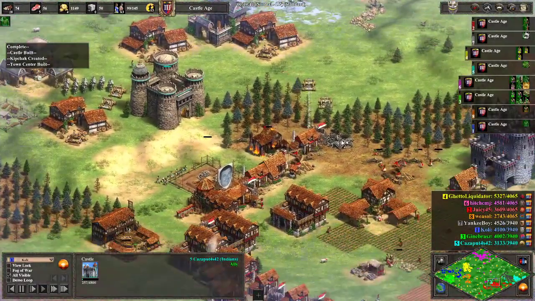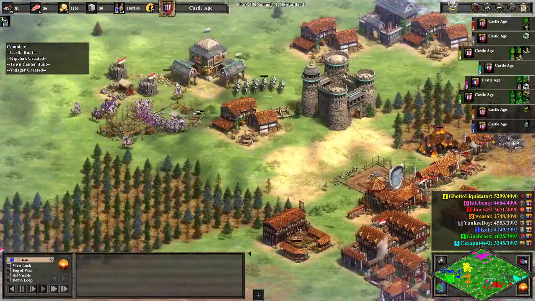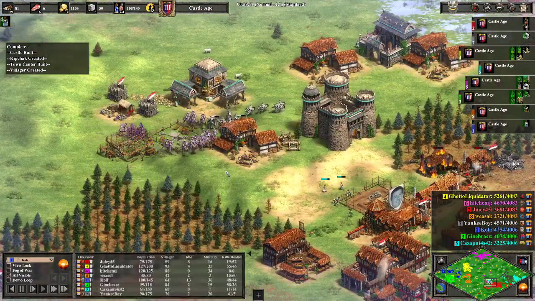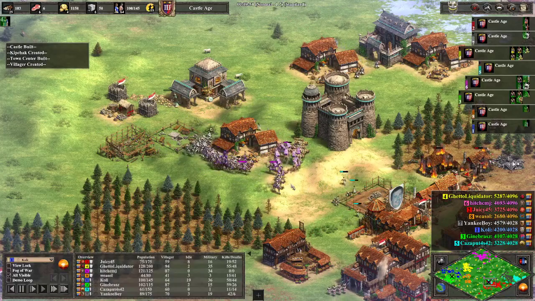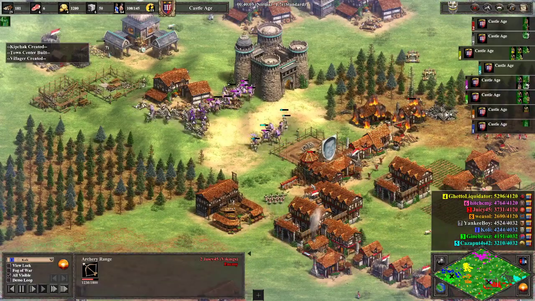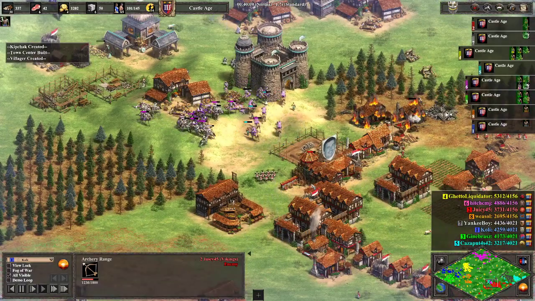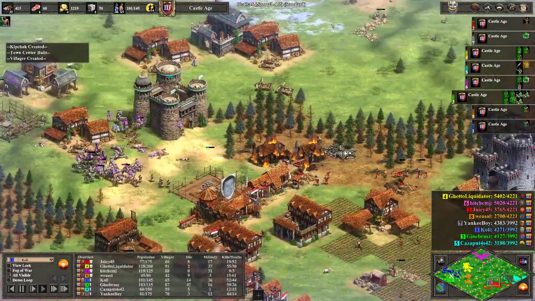Another forward castle. This one's not quite as good. It is going to really pressure the eco here. It's going to be a nice slow push. The Camel Riders and Camel Archers come in though. They're going to go ahead and take out this Mangonel army, and they're probably going to prevent this castle from going up for now. Don't think they're going to be able to prevent it forever, though,